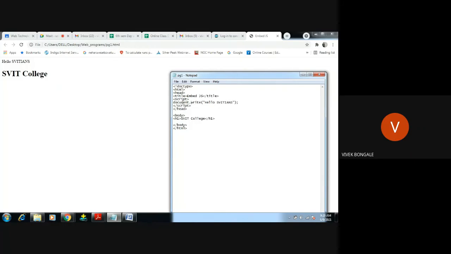So it will see a document dot write. It indicates to the browser that I need to display whatever is under this bracket. First it has displayed hello SPTNs, then it moved to the end of the script and the end of the header part, and moved to the body. In the body we have given one more statement. It executed this one and displayed it over here, and then the closing of the body and the closing of the HTML.